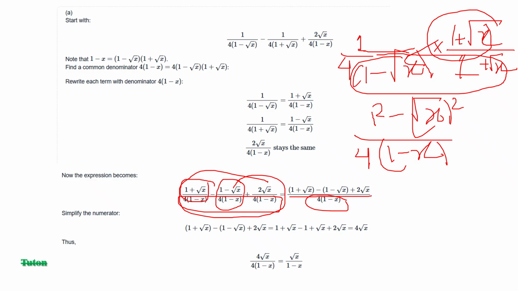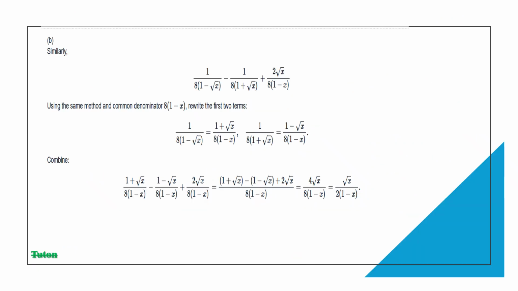Now opening the brackets, this one and this one would cancel each other, and we will be left with 4 root x by 1 minus x, which is our final answer. You don't need to look at this step, it's quite complicated. It has been shown in a quite complicated manner. Moving on to this question, it is very similar to the previous one, so I will only be explaining